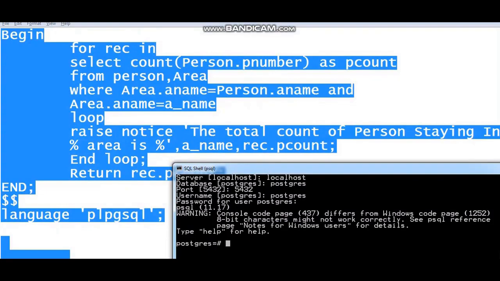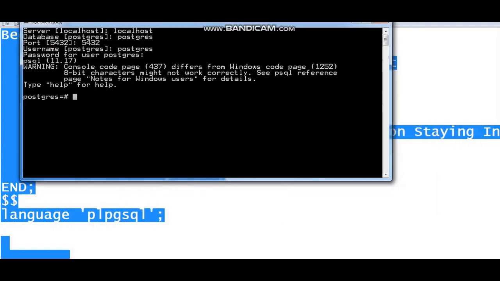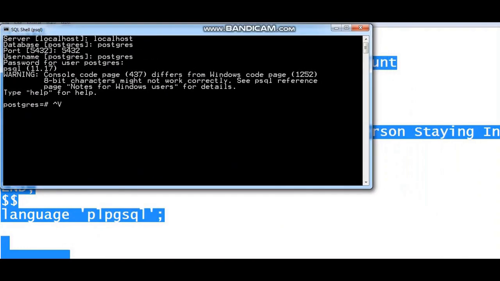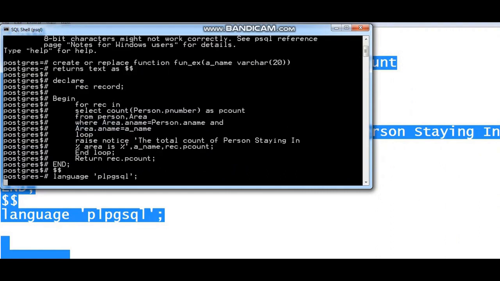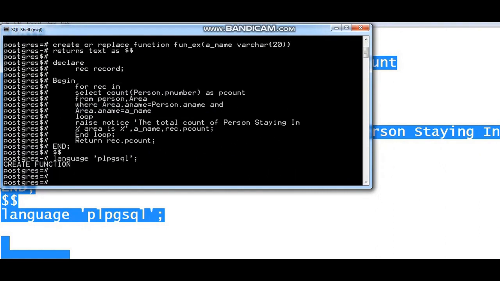Something messed up, so I am just going to copy it and paste it again, right click and paste. Here you can see this function is created without an error. If CREATE FUNCTION is coming, then this function has no error.